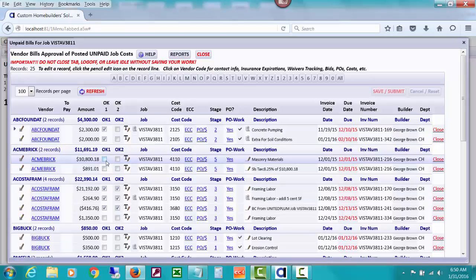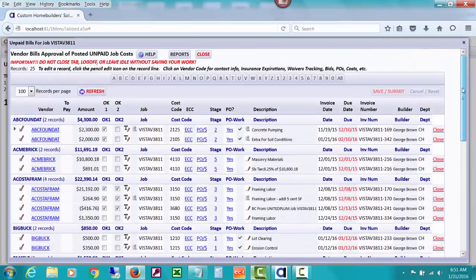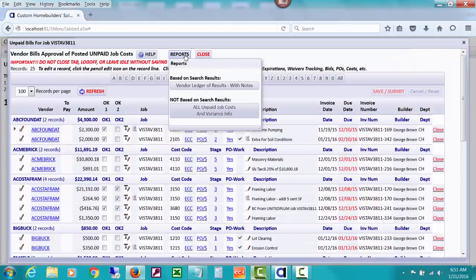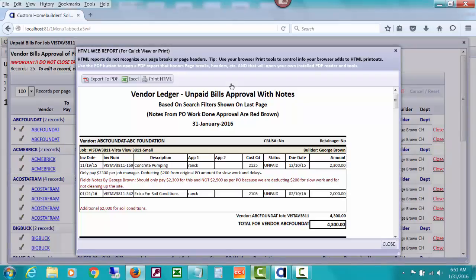And there's boxes here for somebody in the field to approve those costs for payment, also to click a T and write notes about it, drill down on the ECC overages, drill down on the POs versus costs, also be able to see whether it's been check marked earlier in the field that the work on this PO is done. But there are various videos about this window. But what I wanted to point out is there is another more hefty report of these unpaid costs that are going to show you